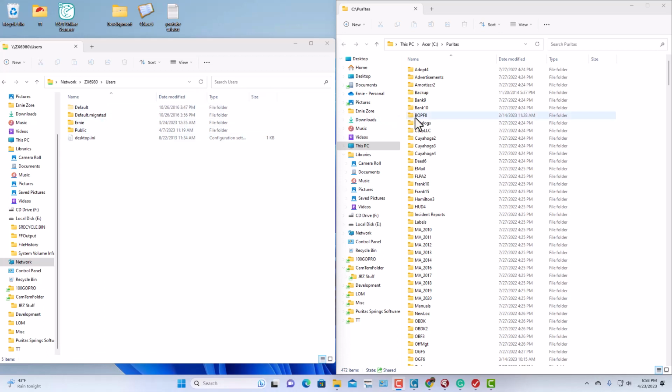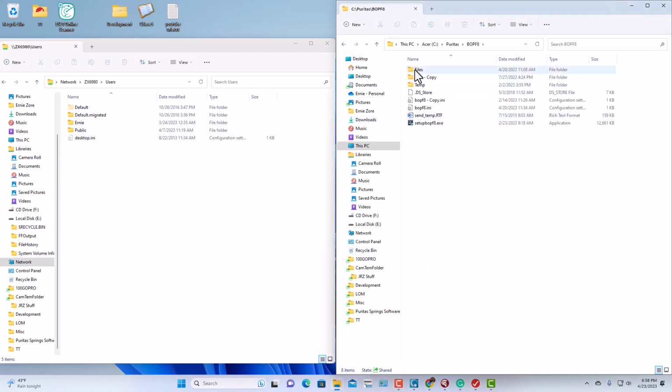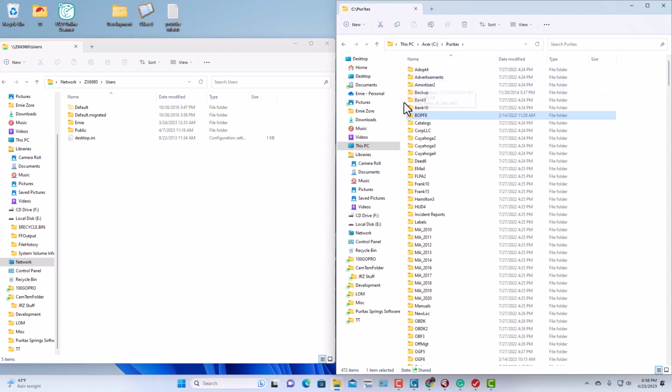But then if it was probate, let's say, I'm going to go in the probate, and I could grab the whole probate folder. Watch, I'll do it right now. I can grab the whole Puritas folder for that matter, but I'm just going to think small here. I'm going to take the probate folder, BOPF8, drag it over here,